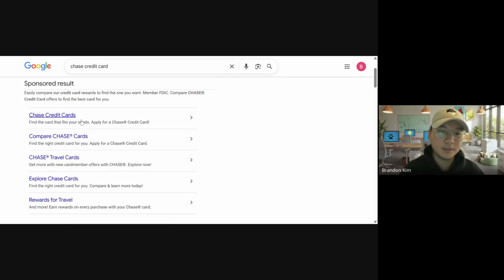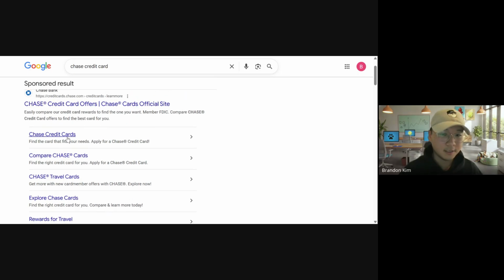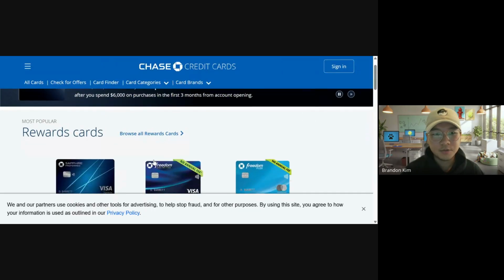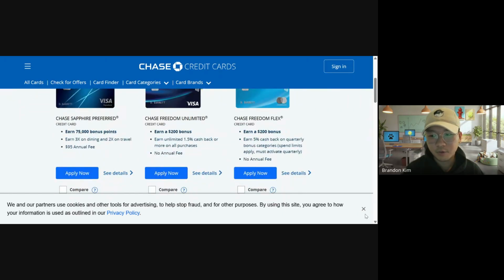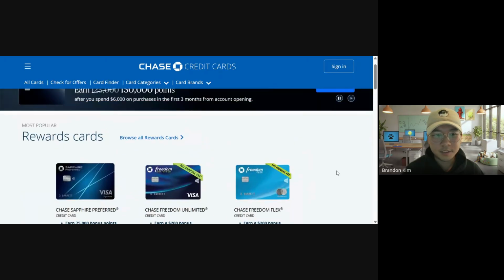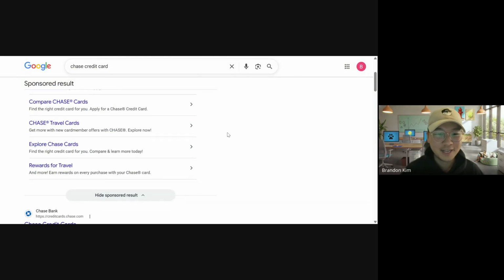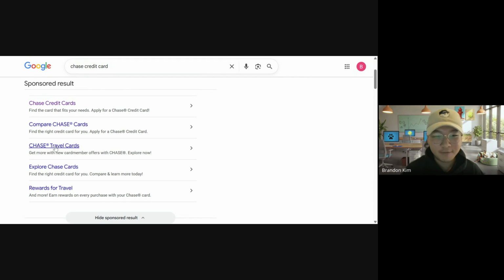So if I go to Chase credit cards, like that site link alone sounds very broad. And if I click on it, and I'll share it after, it takes me to Chase credit cards where it looks pretty broad. There's a few options. I see rewards, travel, business. And now, sorry, there's a lot of tab changing, but if I go to Chase travel cards, I guess